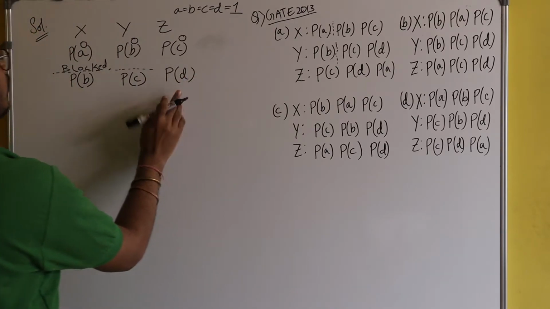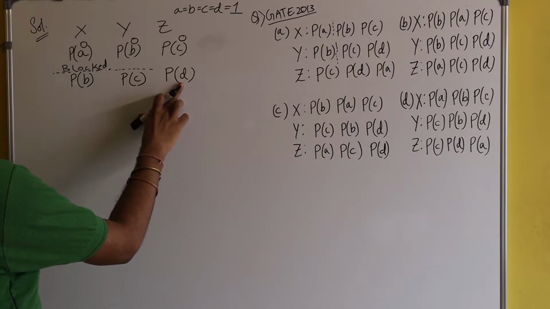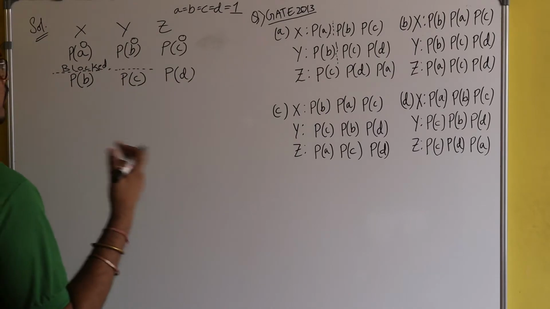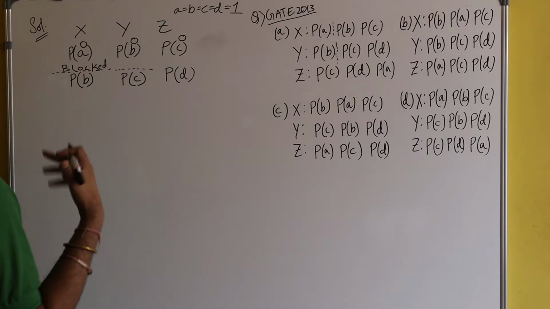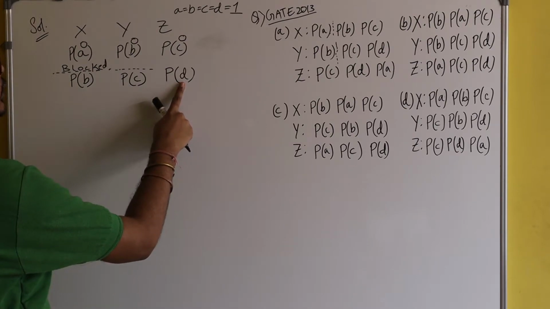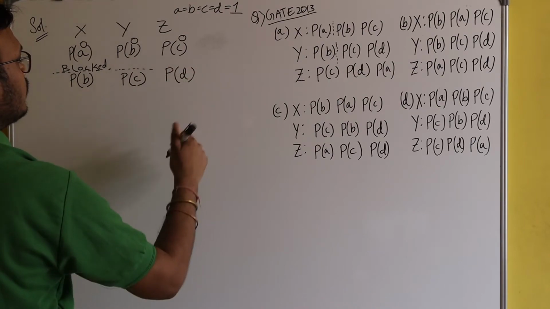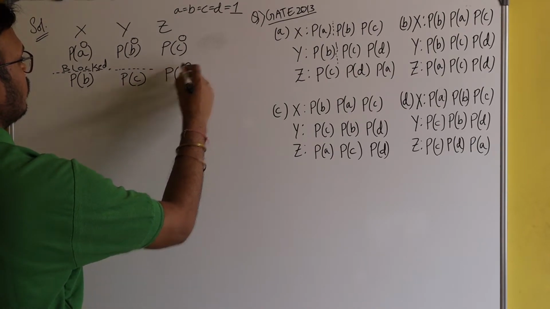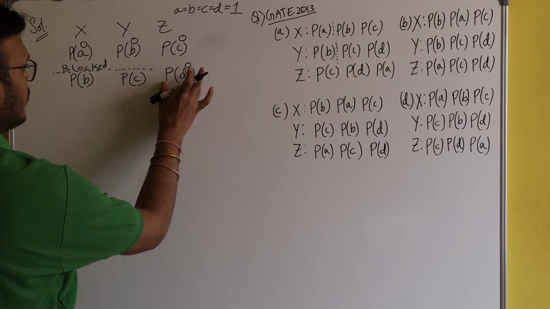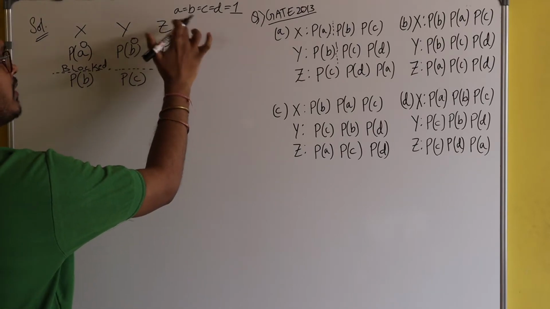Here you can see that process Z will successfully execute the P operation on D, because the value of D is still 1, since none of the processes has applied a P operation on D. So the first time the P operation on D is getting applied, and since the value of D is 1, it will be made 0. Fine. And now after applying this operation, suppose the CPU remains with process Z.